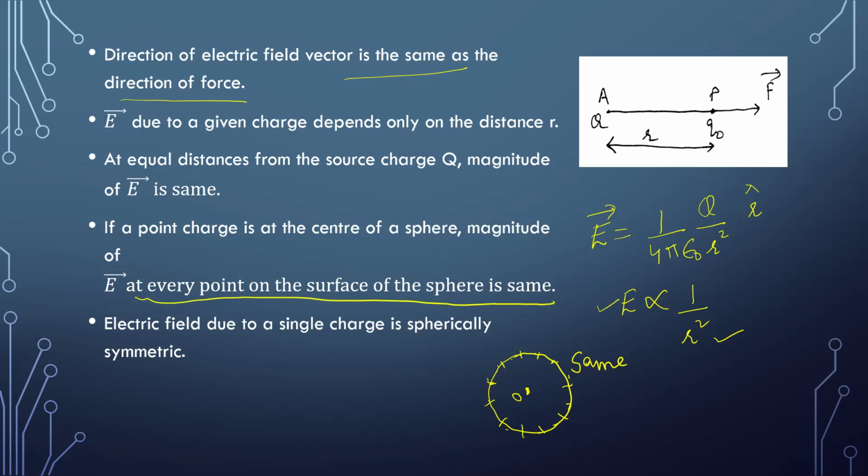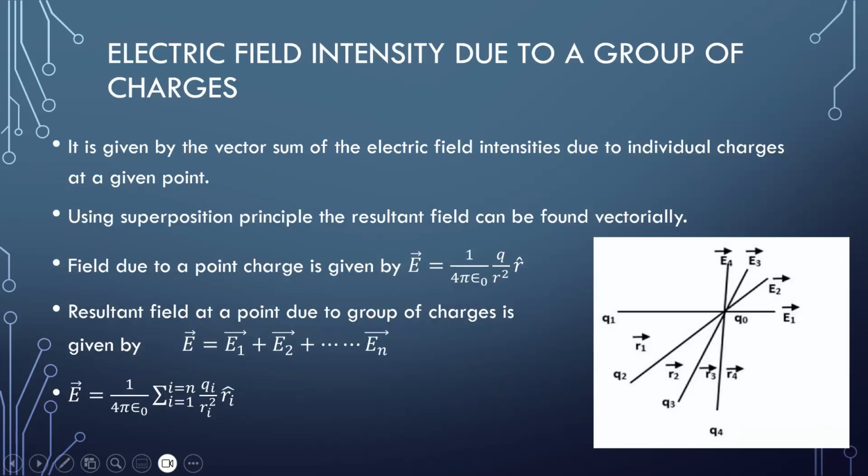The electric field at every point on the surface of the sphere is the same. That is why it is said that the electric field due to a single charge is spherically symmetric. Okay. We'll continue further and talk about now